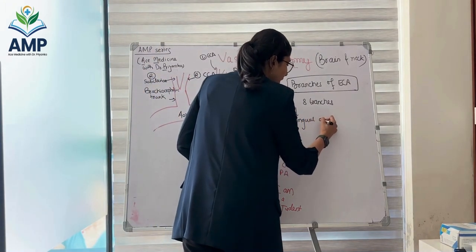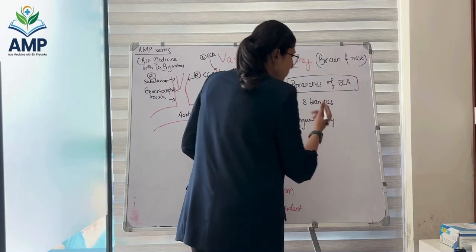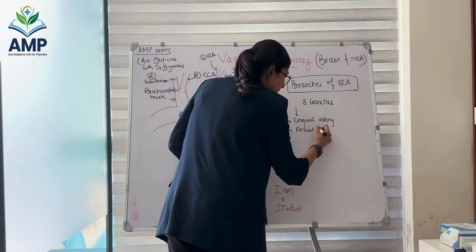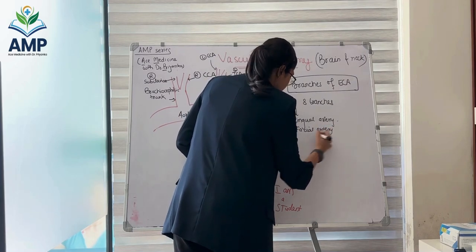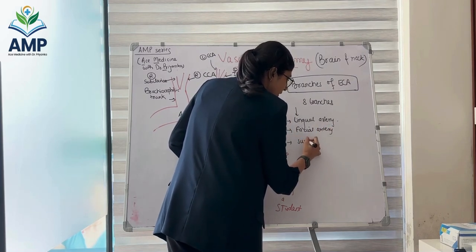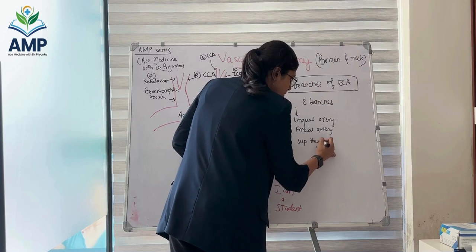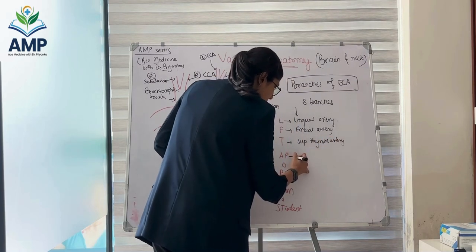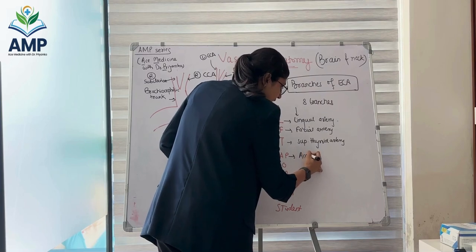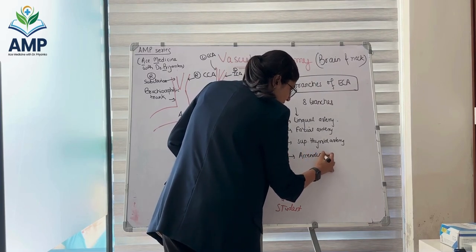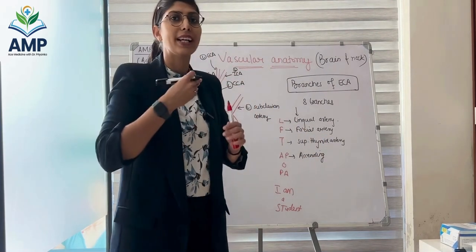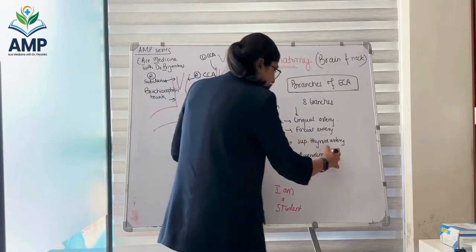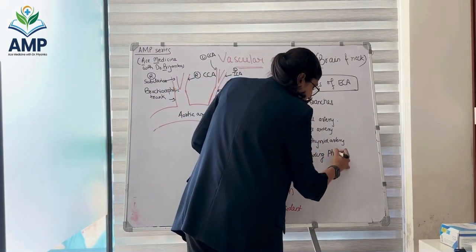So the lingual artery will supply the tongue. F is for the facial artery, supplying the face. T is for thyroid, and we know it is the superior thyroid artery. AP is for ascending pharyngeal, because the external carotid also has to give some blood to the pharynx also. So along with the thyroid, it gives an ascending pharyngeal branch.